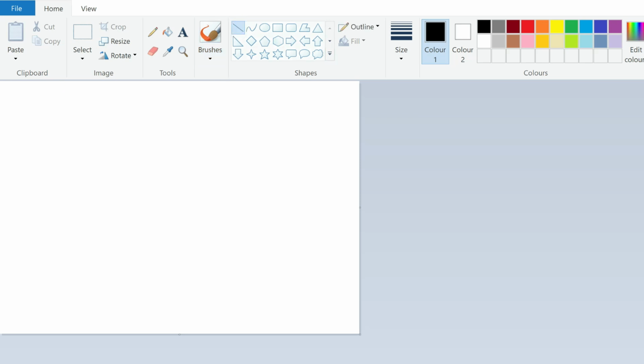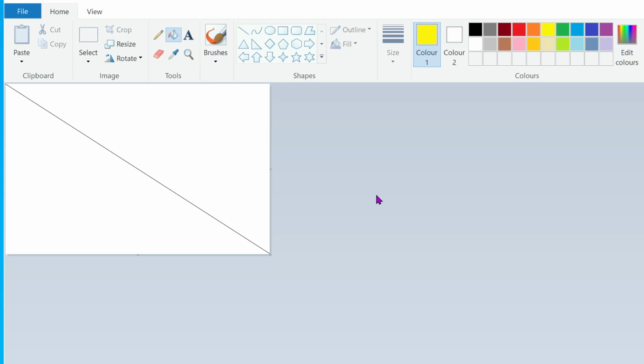Now you can draw a diagonal line from the top left corner to the bottom right corner. Make sure the line goes exactly from edge to edge without leaving any gaps, or the paint will leak in the next step. And now head to the fill with color tool and click the paint bucket